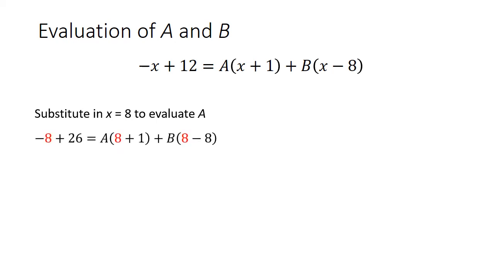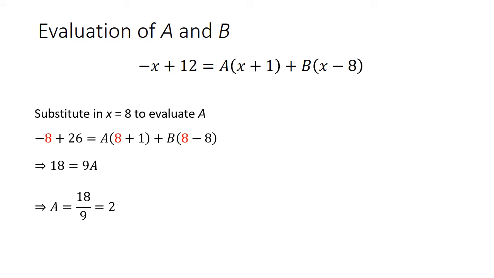We show the plus 8 in red, so we get minus 8 plus 26 is equal to A multiplied by 8 plus 1, so we should get 9 there, and B multiplied by 8 minus 8, so that should go to 0. So the left-hand side evaluates to minus 8 plus 26. That is equal to 9 times A, so we divide across by the 9,